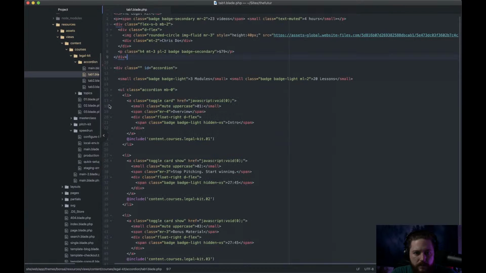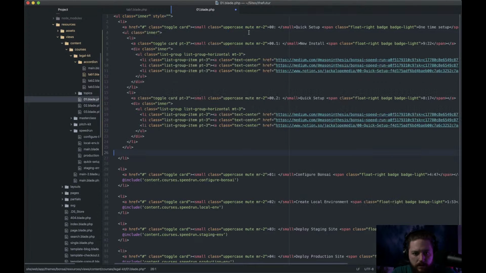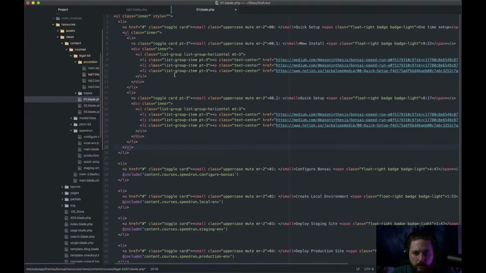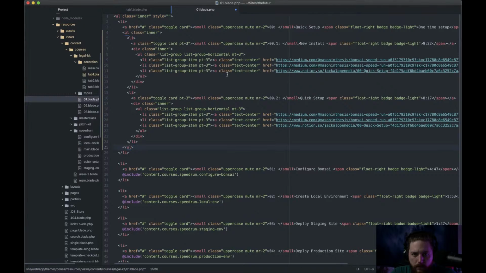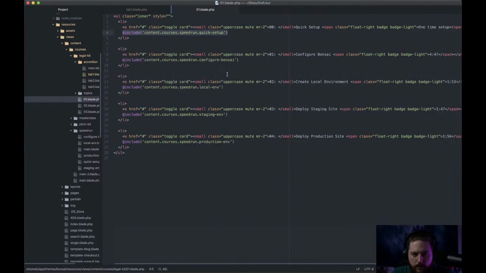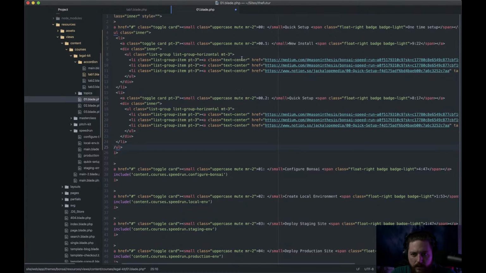We'll just copy this and paste this right here. Speedrun quick setup. Okay. So now